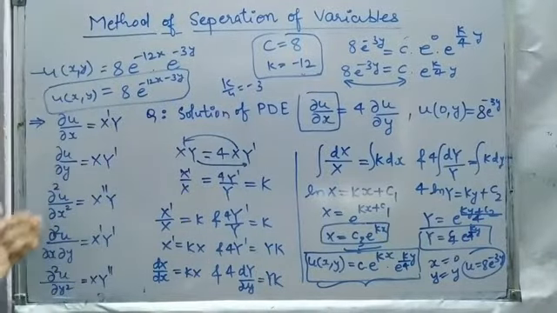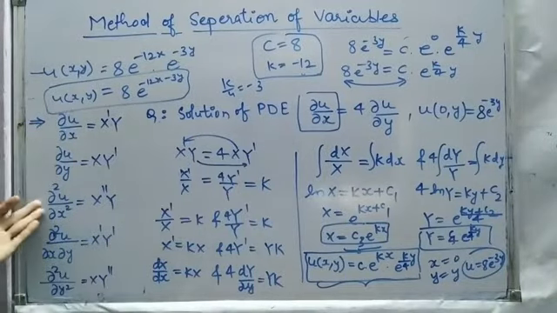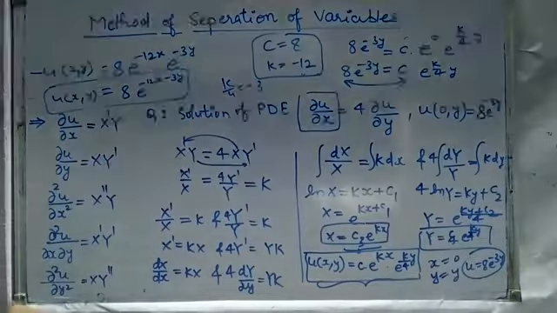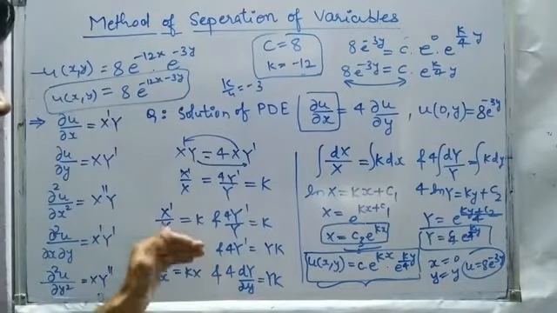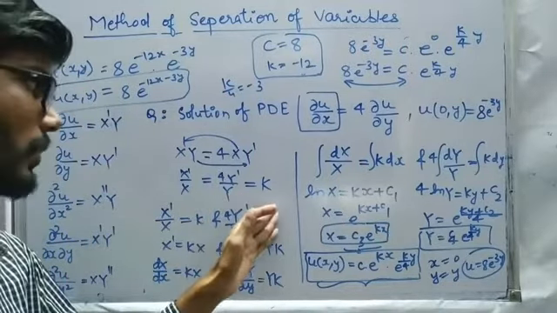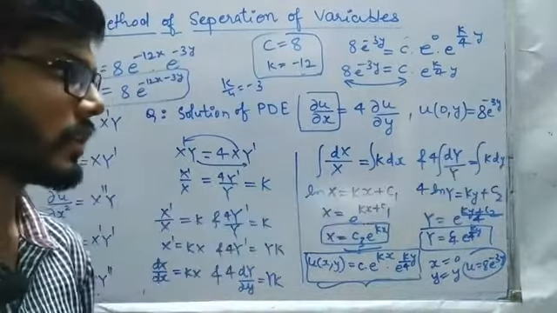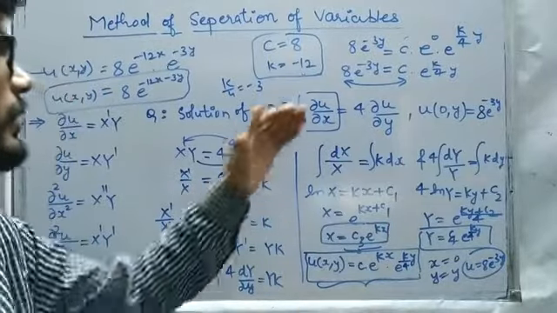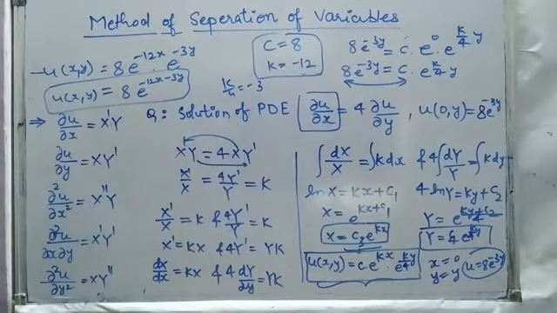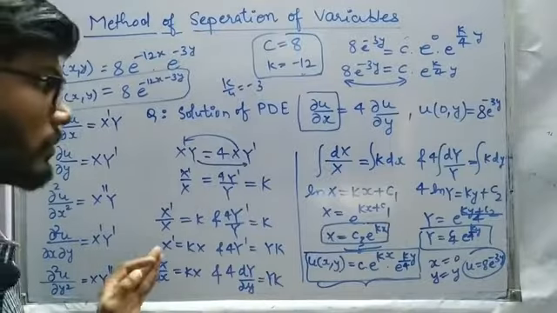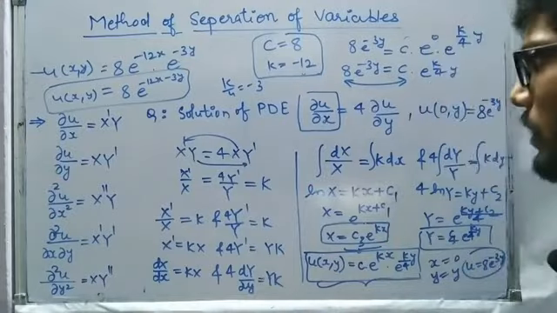So we get the benefit that we can write the terms dou u by dou x, dou u by dou y, or if we have terms like dou 2 u by dou x2, dou 2 u by dou y2, or dou 2 u by dou x dou y, we have the substitution with us. By making use of that, we have the form, and then we can set it equal to k, and by separating the variables we can come up with the solution, and then making use of the initial condition given to us, we can get the exact solution. So this is going to be our solution of this particular problem. U of x comma y is equal to 8 into e power minus 12x minus 3y. So let us solve one more problem so that we can understand this particular concept in a very effective manner.